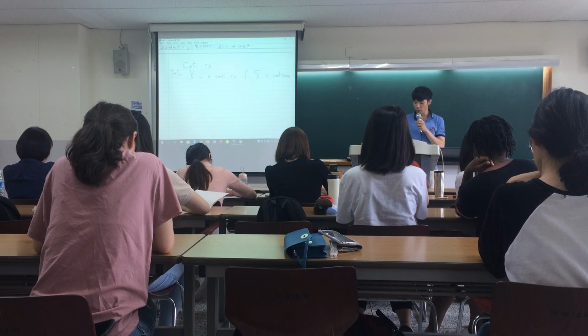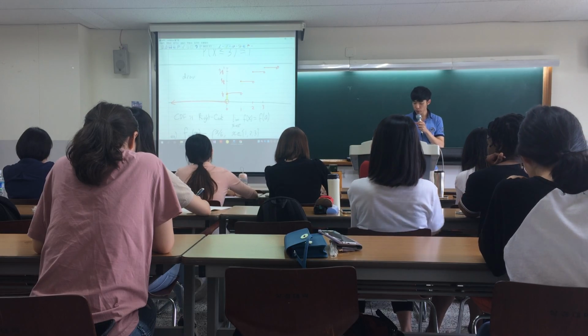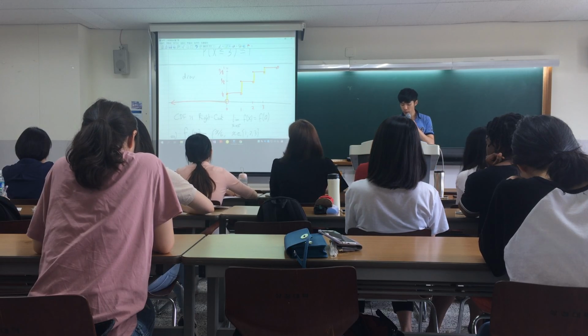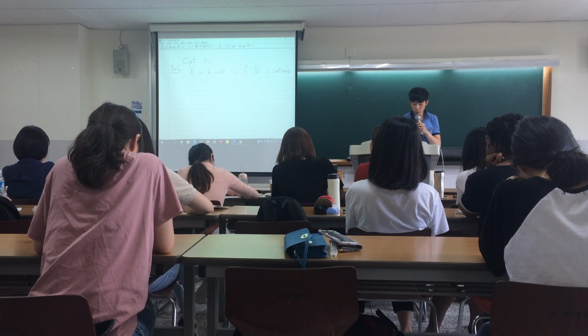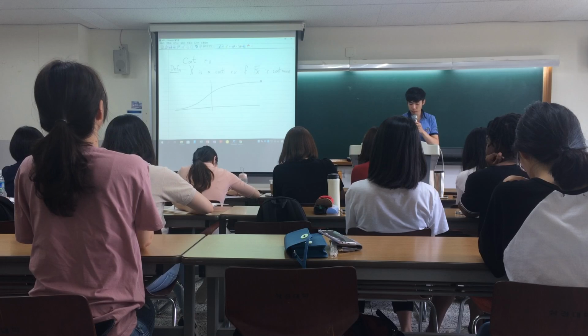Notice that for discrete random variables, there were jumps here. There were jumps. And so the CDF is not continuous. But for continuous variables, by definition, the CDF will look something like that,